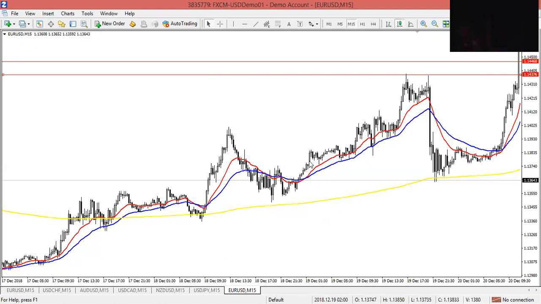So on your 1 hour time frame, you wait for the red and the blue to first cross the yellow line. Then the moment you've confirmed the cross,